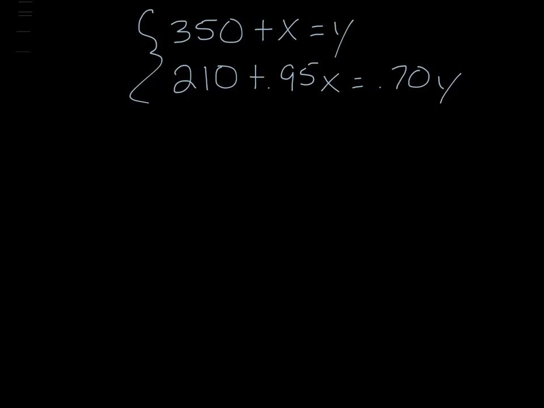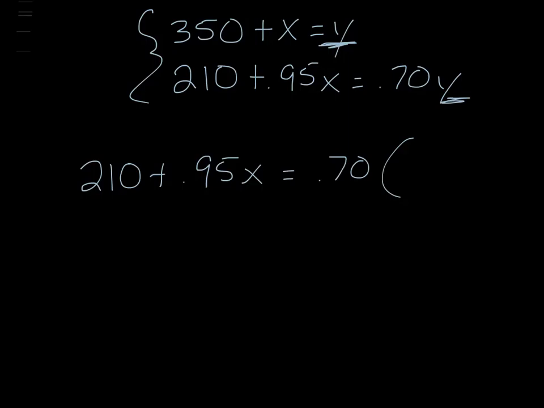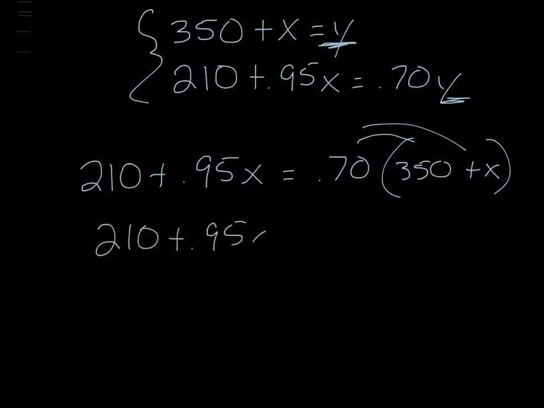We now can solve this system using either addition elimination or substitution. I'm going to choose to do this by substitution. I'm going to substitute this value for y into the second equation. After substitution, I get 210 plus 0.95x equals 0.70 times the quantity 350 plus x. Then we'll distribute on the right-hand side, and we end up with 210 plus 0.95x equals 0.70 times 350, which is 245, and then